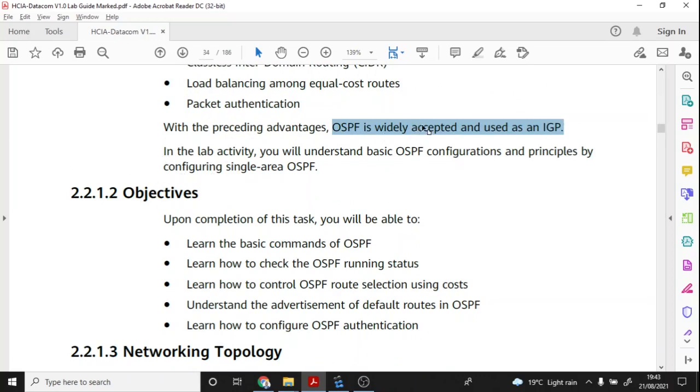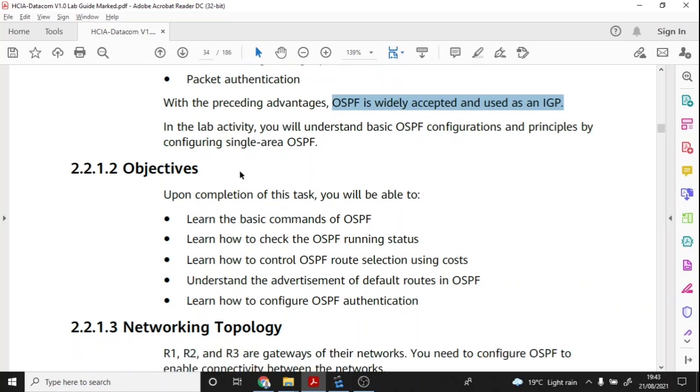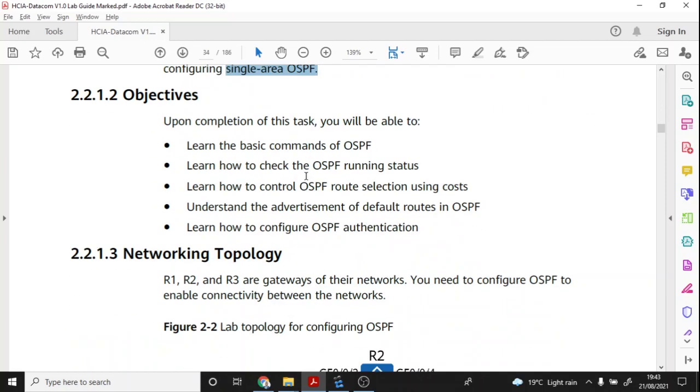In this lab, you will understand basic OSPF configurations and principles by configuring single area OSPF. If you want to learn how to configure multiple area OSPF, you need to take the next level of this course, which is HCIP. So the objectives to learn by the end of this lab,